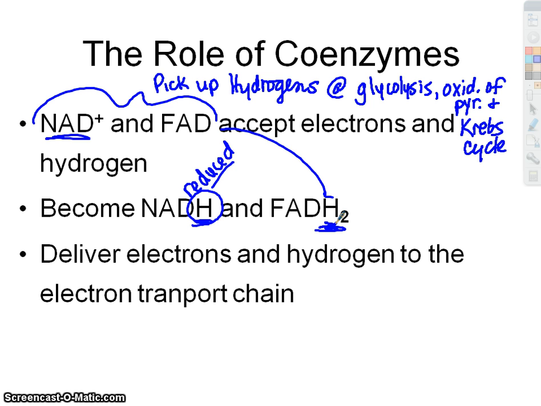But they're going to pick up those hydrogens slowly. In glycolysis, they're going to pick up 2. In oxidation of pyruvate, I believe they pick up 2 more. In the citric acid cycle, they're going to pick up another, I don't know, 6, like 8 or 10. But the point is, they're going to then deliver those to the electron transport chain, and that hydrogen gradient is what's going to then turn those wheels to make all the ATP. So I'm going to stop